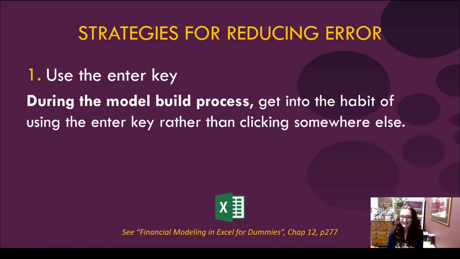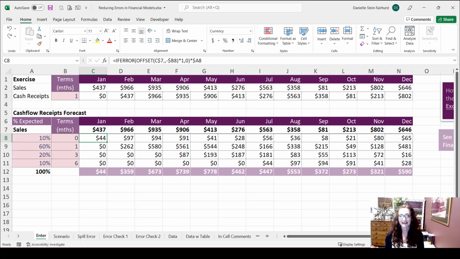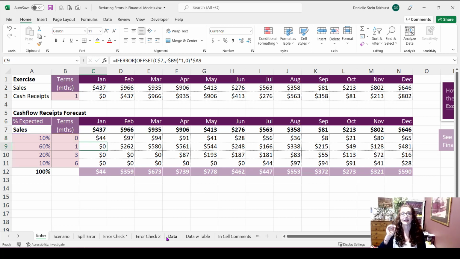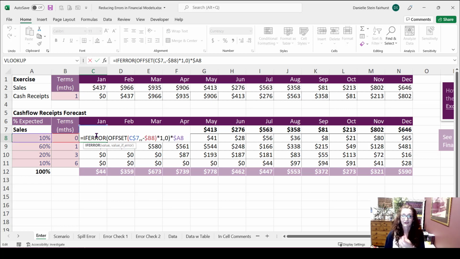I know that sounds really strange, but when you are building your model, get into the habit of using that enter key rather than clicking somewhere else. So let me show you what I mean by that. If I jump over into Excel now, here's an example of a formula that I've built. When I'm finished building the formula, I'm going to hit the enter key, and that means that I am deliberately putting that number into the formula,